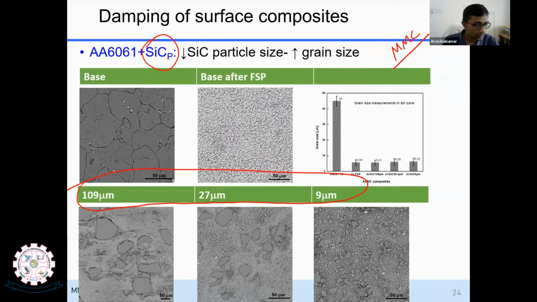But these days people are trying to incorporate particles of nano size, thereby trying to achieve a microstructure with very fine grains, sometimes in the nano region. What would be the mechanical and damping properties of such a structure? That is always an interesting subject to study. So in this case, what we did is vary the particle size